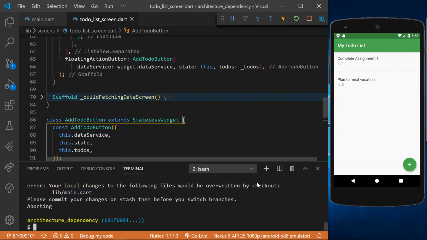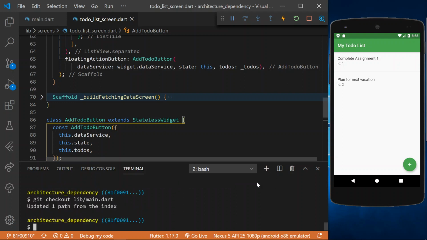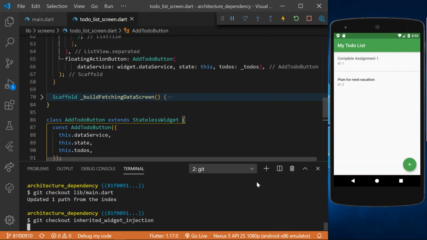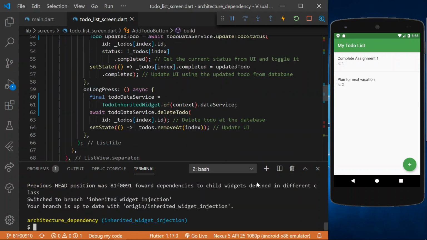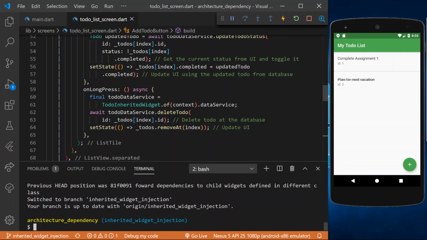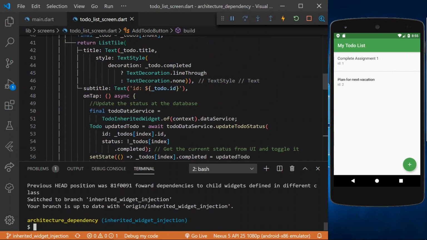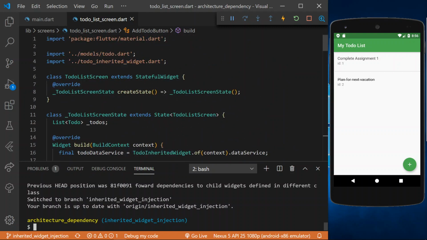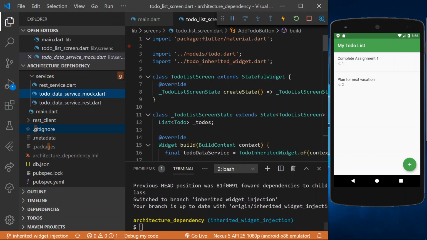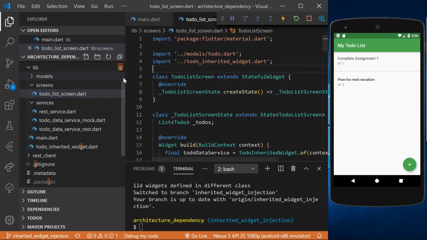Okay, let's take a look at what we have here. Inherited injection. Okay, for this approach,